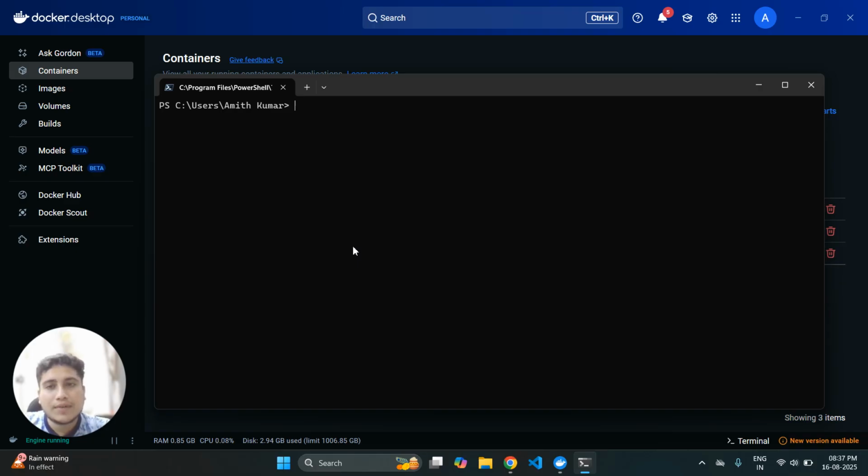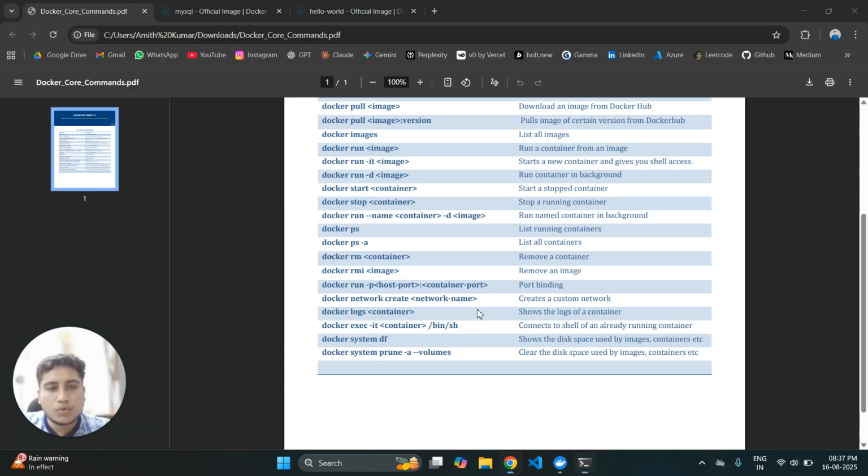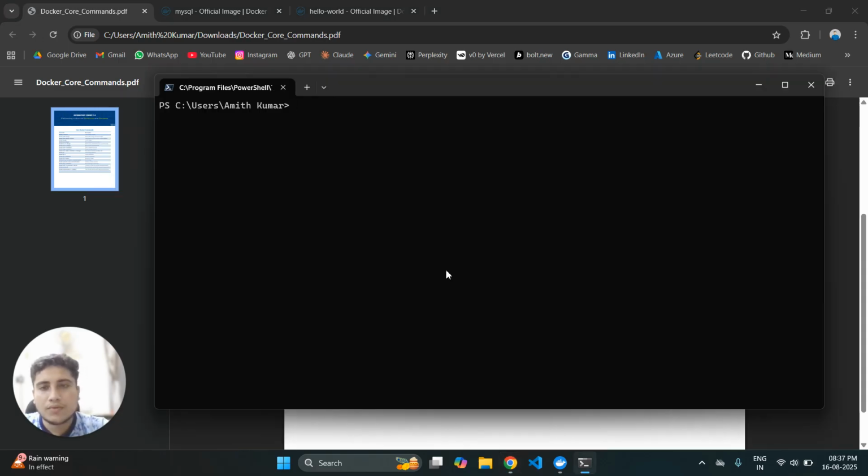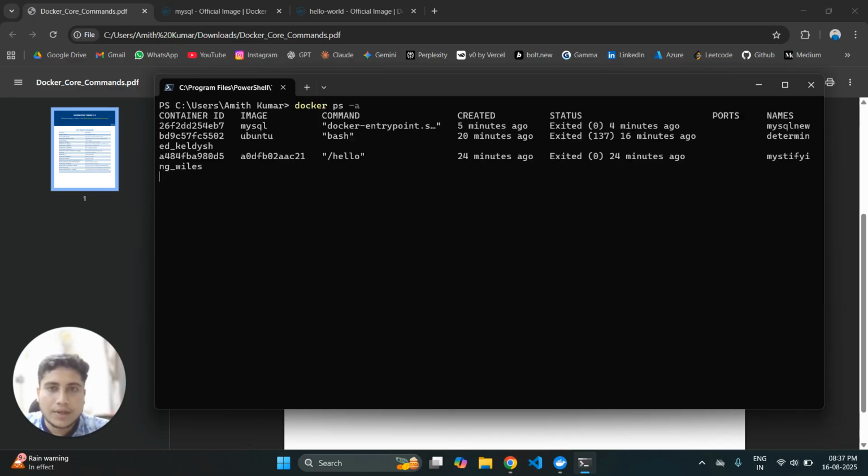Now suppose once we have created the container, and then we want to access the terminal, then you'll have to execute this command. After creating the container, if you want to access the terminal, you'll have to execute this command. So first we'll do docker ps -a, and we'll run this Ubuntu container. Okay, so copy this,